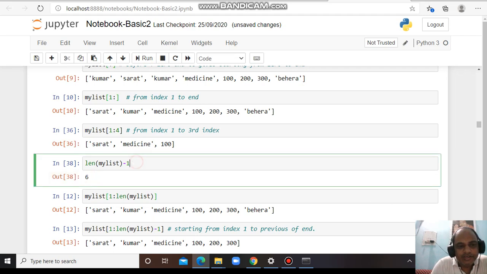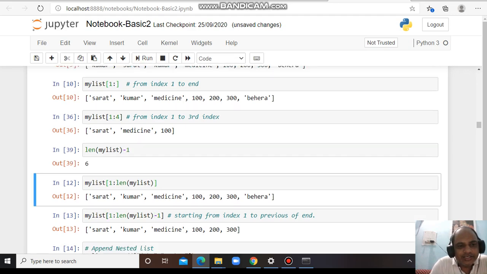If I use the length of my list, it gives the total number of elements present in my list. If I put minus 1, it will show the last index number.